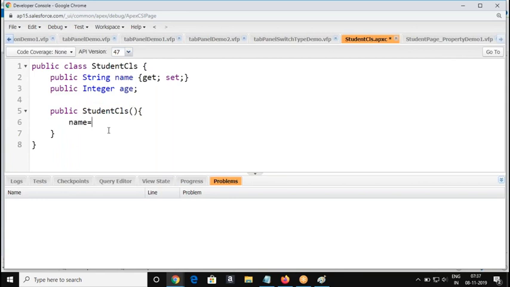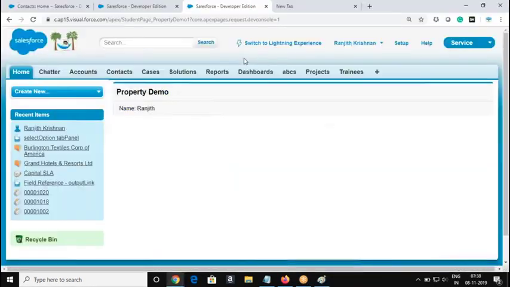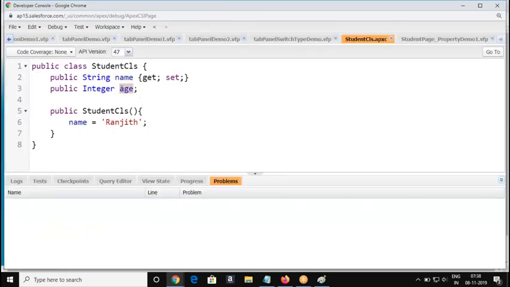So name, give some name here. So go to the block. Now the value is displayed here. We will follow this. So what about age? Age cannot be referred unless it is a property, right?